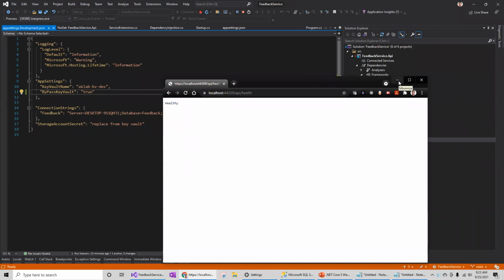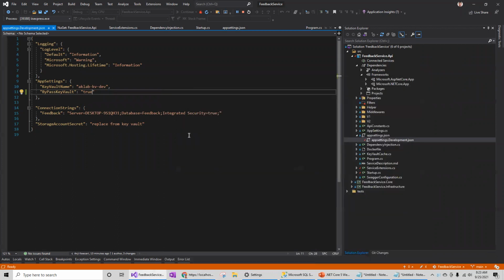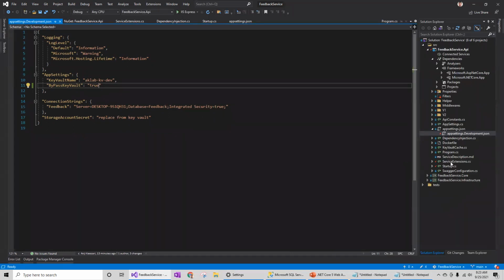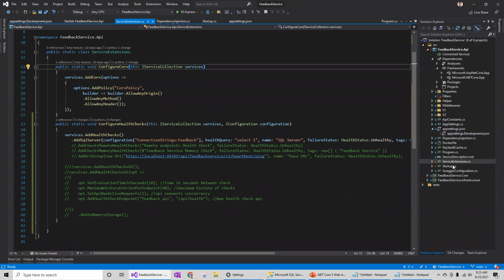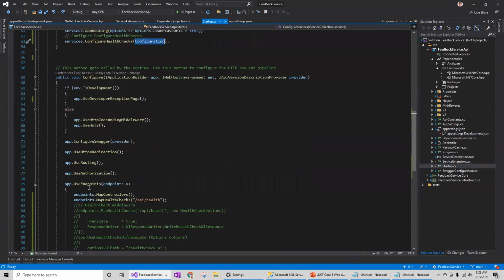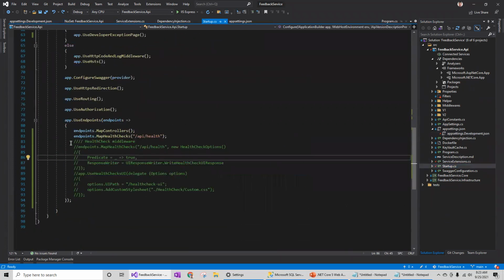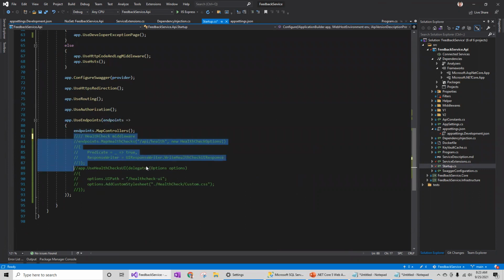So let me also add the UI related. So this is not showing the actual information which I'm looking for, because we haven't expanded the startup.cs here. So I'm going to add the middleware. So let's remove this and uncomment this piece of code.